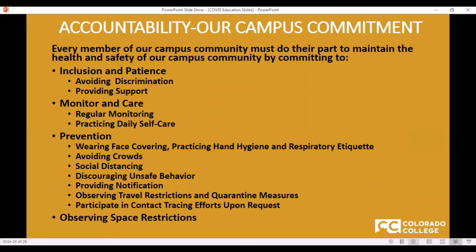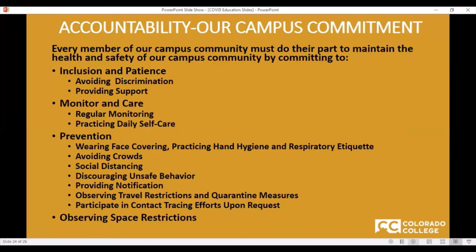The college has developed a campus commitment, which reflects the idea that every member of our campus community must do their part to maintain the health and safety of the community by committing to do a number of things, including inclusion and patience, by avoiding discrimination and providing support, by regularly monitoring and practicing self-care, by engaging in prevention practices like wearing face coverings, practicing hand hygiene and respiratory etiquette, avoiding crowds, following social distance guidelines, discouraging unsafe behavior in others, and acting as an active bystander to create a safe community,